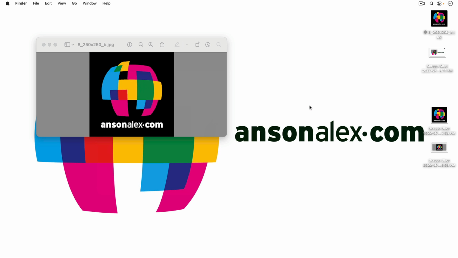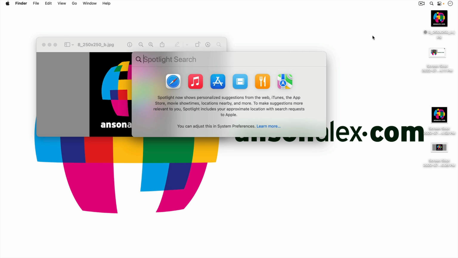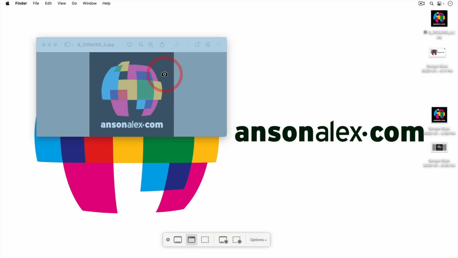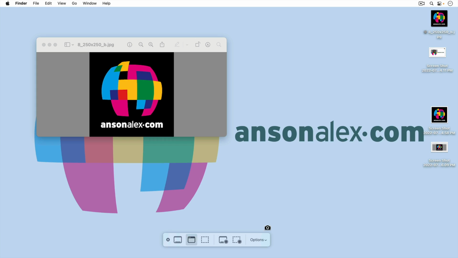Now I also want to mention there is a way to take a screenshot on macOS without using keyboard shortcuts. What you need to do is go up to Spotlight in the right corner of your screen, the magnifying glass, and then when you click on Spotlight, you're just going to search for screenshot. So you do have to use your keyboard, but you don't have to use keyboard shortcuts. So I'm not sure if that's easier or not, but you'll notice that when I search for screenshot, an application shows up called Screenshot, and that opens up the same menu that I got when I pressed Command Shift 5.